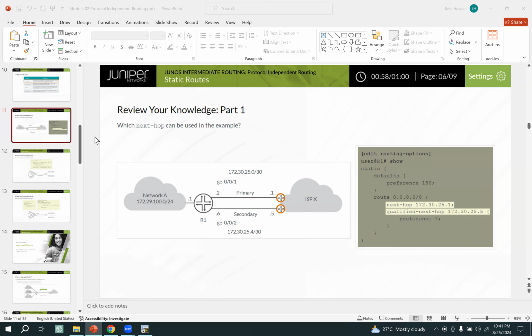We're starting today protocol independent routing. That is basically static routes. So we have already completed static routes in different ways. There are different options in the static route. We already checked in our lab. So just now I ask you some questions